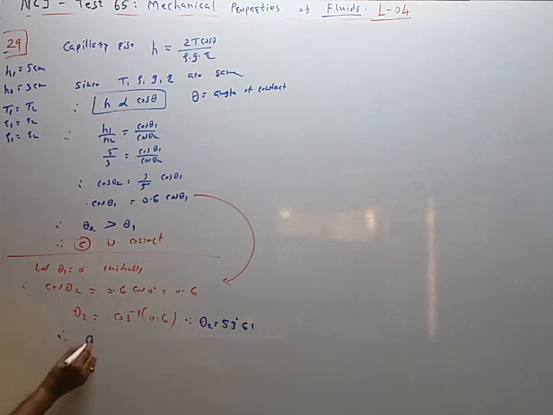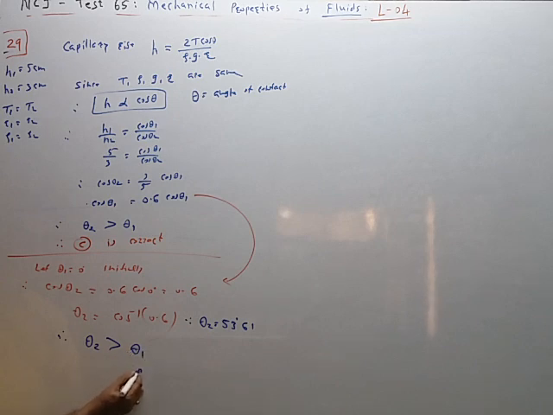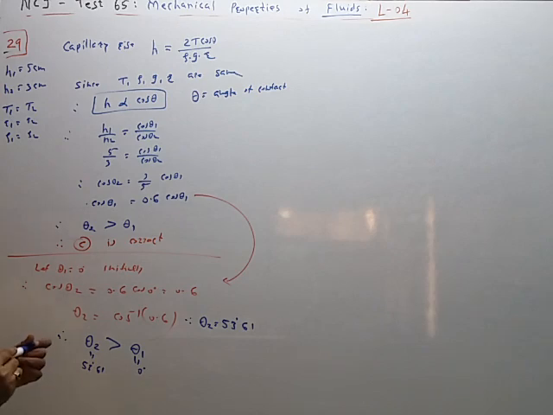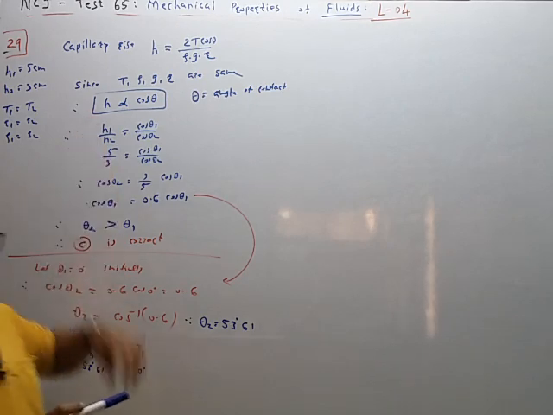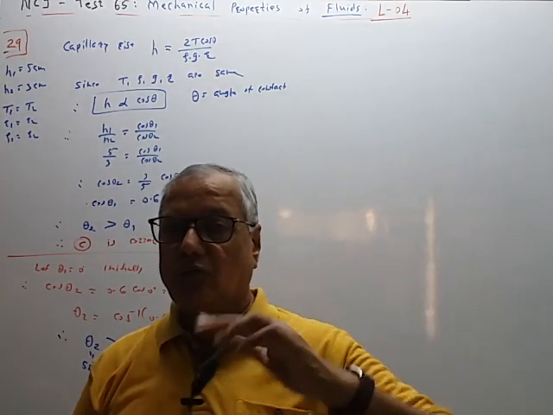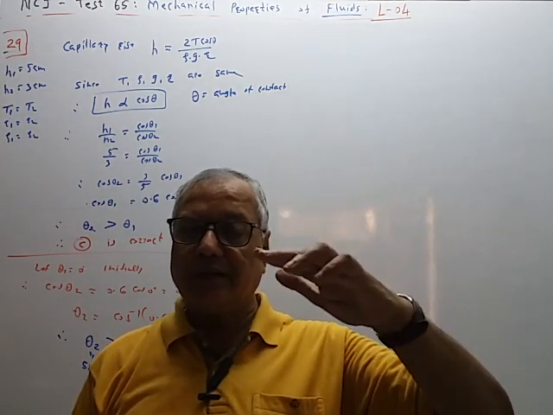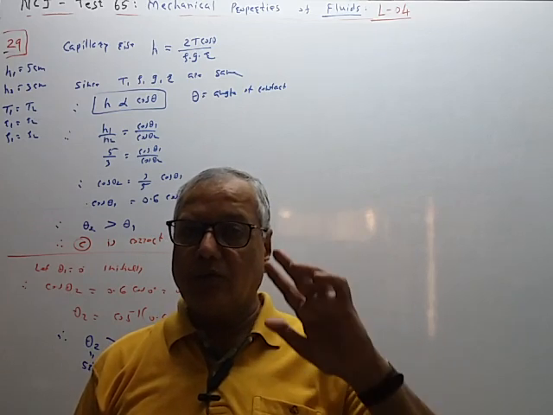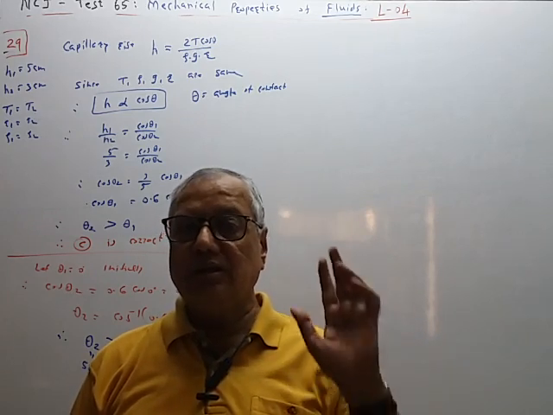And therefore theta 2 is greater than theta 1. This is 0 degree and this is 53 degree and 6 minutes. So this answer is like this, and therefore when insufficient length of the capillary is used, then water rises to the top, stays there, but it will not overflow. It will not flow in the form of fountain, but there is a change in the meniscus.